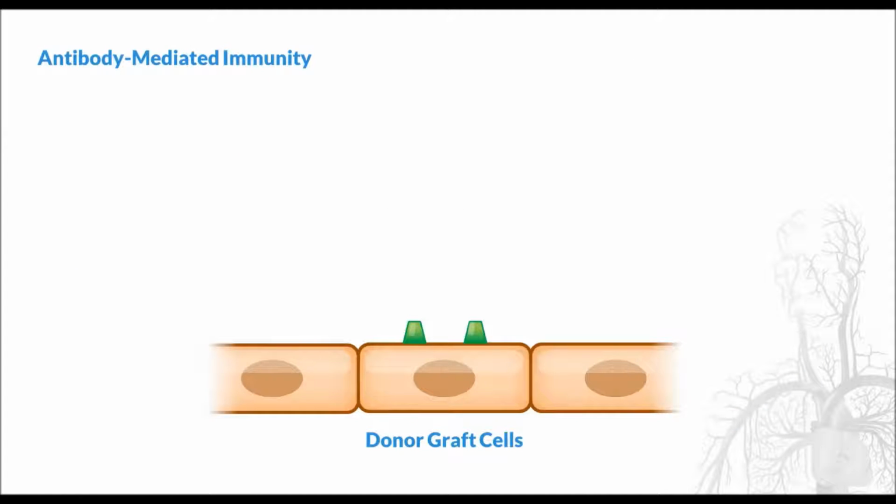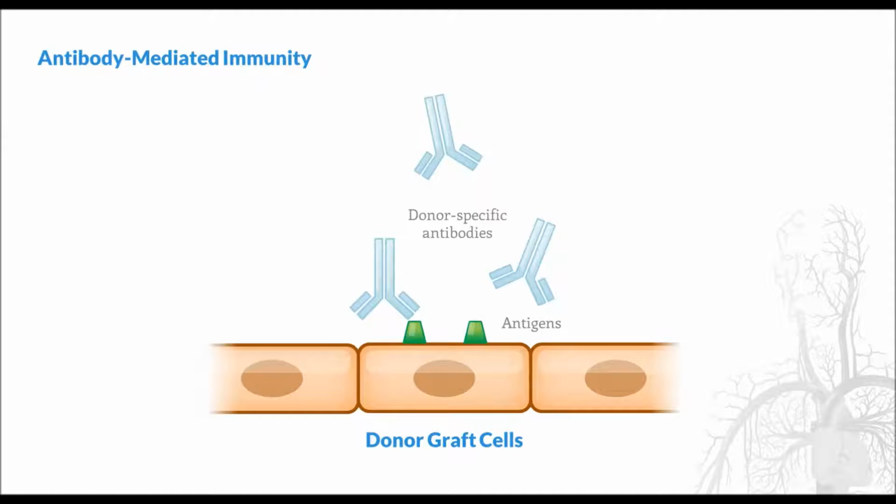The immune response can also be mediated by host antibodies. Antigens on the surface of the donor graft cells are recognized as being foreign by circulating antibodies. Once binding to these antigens, donor-specific antibodies can produce cell death through a variety of mechanisms. In addition to directly causing cellular injury, antibodies can also activate the complement system, which can result in cell lysis